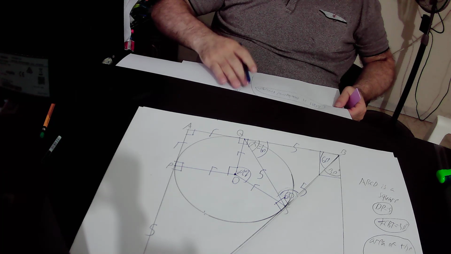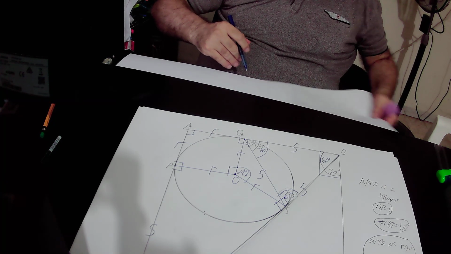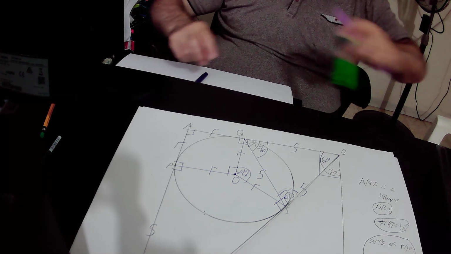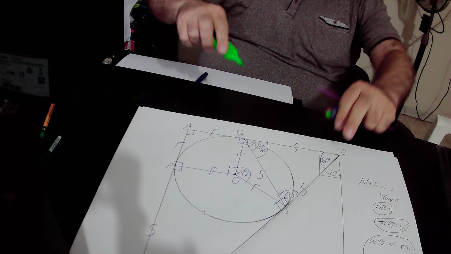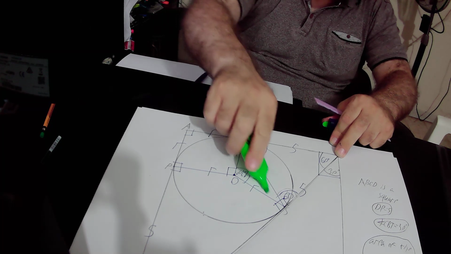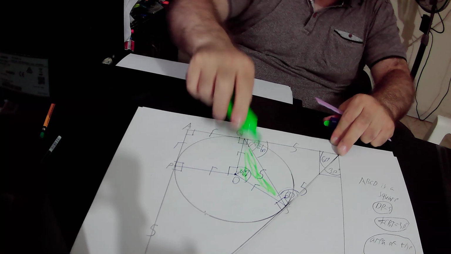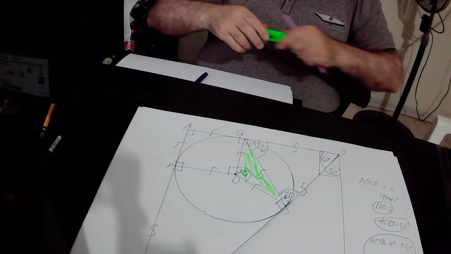Okay. In the next step, we will focus on the green triangle QOS, but before that,